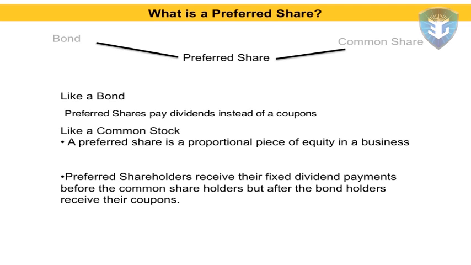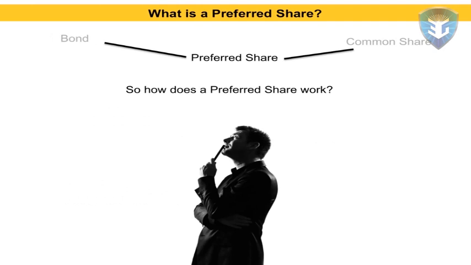And so that situation, in my personal opinion, is very unlikely. If you go through a liquidation of bankruptcy for a business, pretty much the bondholders are the only ones that are going to be able to get anything that remains in the business. So that share of equity that you're actually getting with the preferred share, in my opinion, really isn't worth anything because 9 times out of 10, if a company would go bankrupt and liquidate, all that money's going to be going to the bondholders, and the preferred shareholders and the common shareholders are pretty much going to lose everything at that point. So how does a preferred share work?